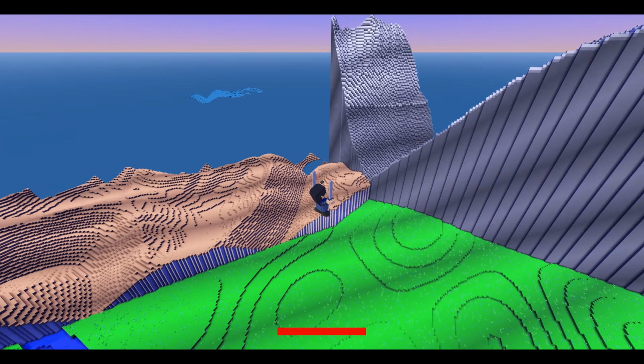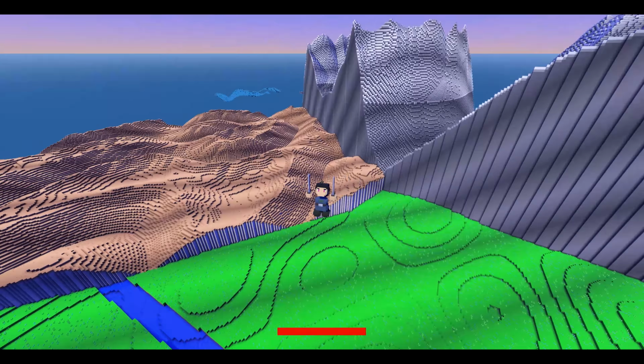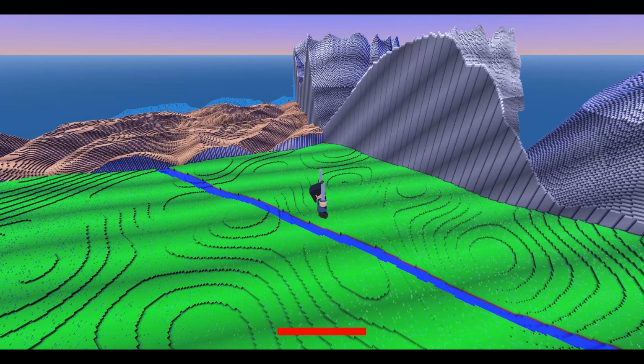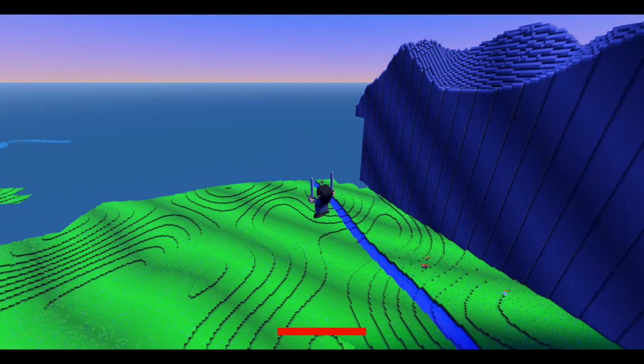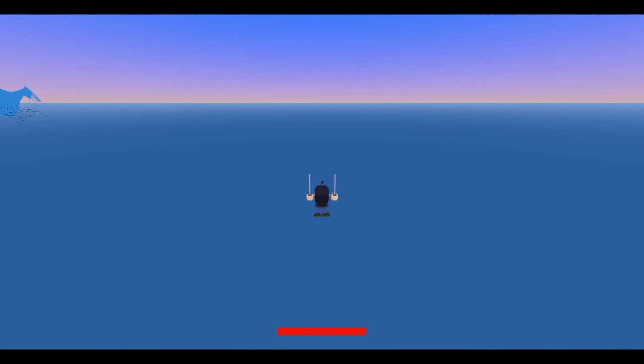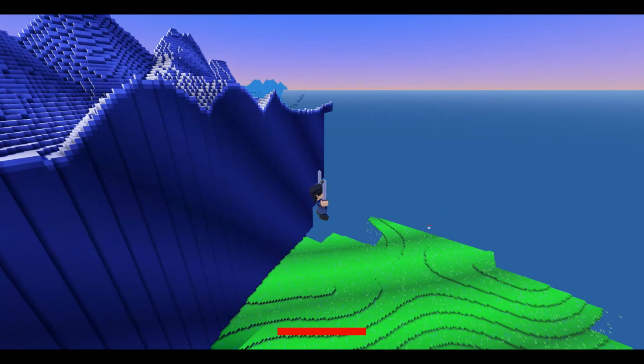Configuring the noise nicely gives us smooth, rolling hills for our plains, or these small hills for our desert biome, or even these huge sharp peaks for our mountain biome. Every biome in voxel is responsible for its own generation. We use cellular noise to decide which biomes go where. When we generate a voxel, we first see what biome it is, and then the biome decides the height of